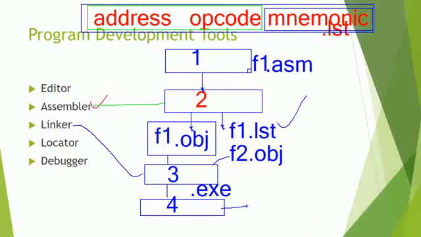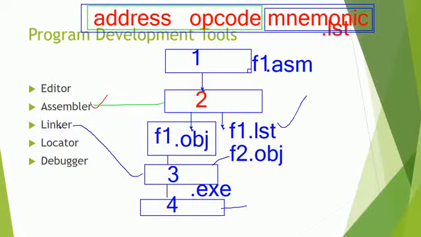Relative addresses are nothing but the virtual addresses which are going to be assigned by the locator. The locator is the one which assigns the relative addresses, not the physical addresses. The locator is the one which is mapping your program into the memory, so it is actually the physical address.